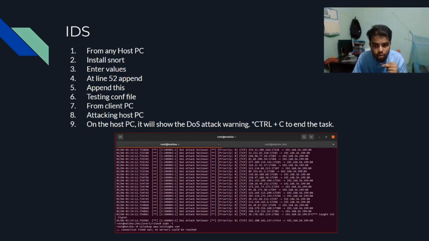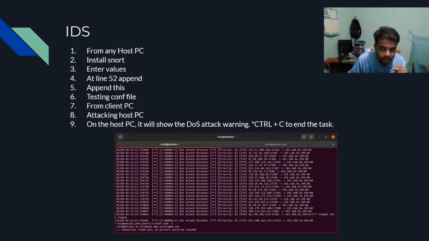A local rules file is created and configured with a simple rule for detecting a DoS attack. The Snort configuration is tested using the command sudo snort -T with enp0s3 and the etc configuration file. Finally, Snort is run with the specified configuration using the commands. Testing the IDS with a DoS simulation